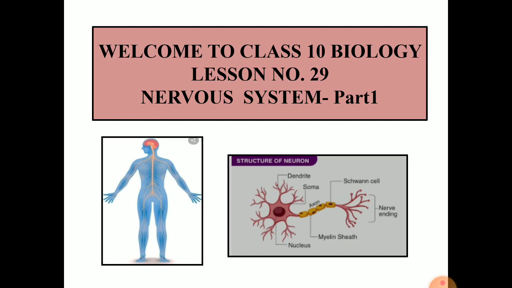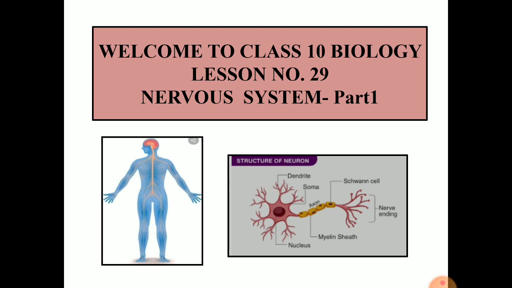Students, we are all aware that an individual is made up of a number of organ systems, and each organ system has a particular function to perform. For example, the digestive system helps in digestion, whereas the reproductive system helps in reproducing new individuals. The excretory system carries out excretion, that is, throwing out of nitrogenous waste, whereas the skeletal system is responsible for giving the structure to the organisms.